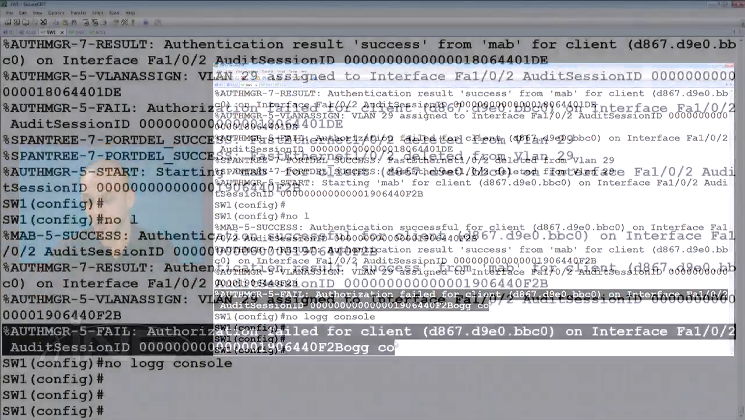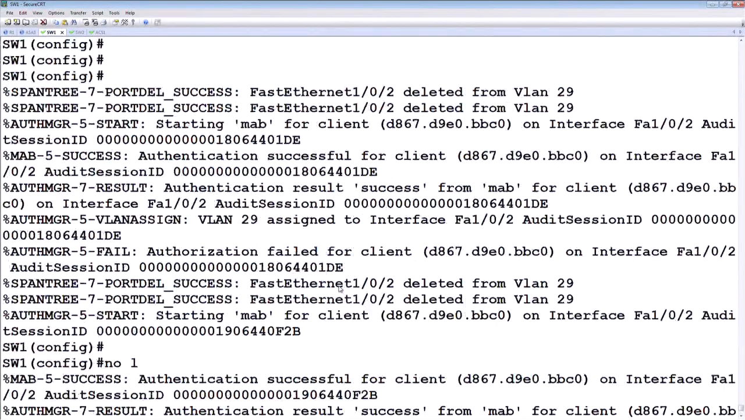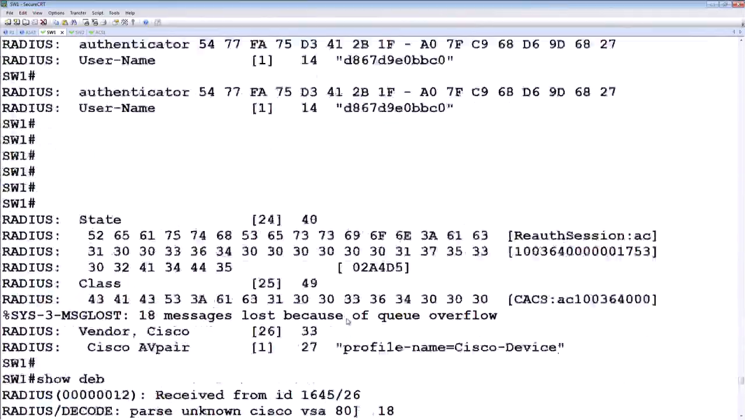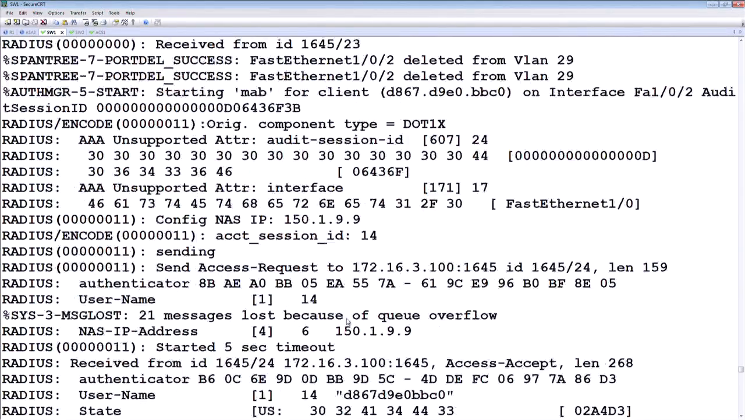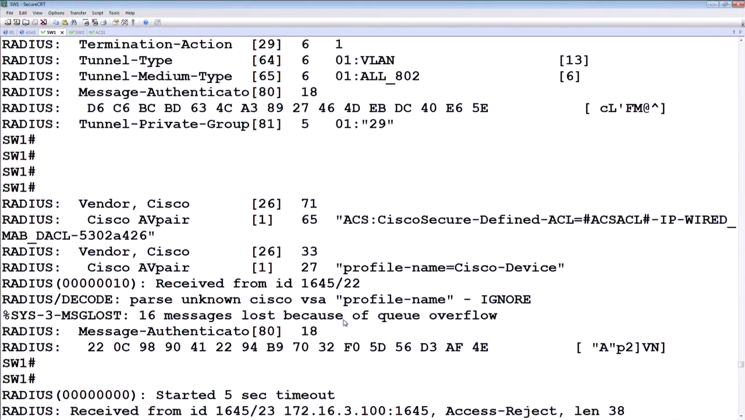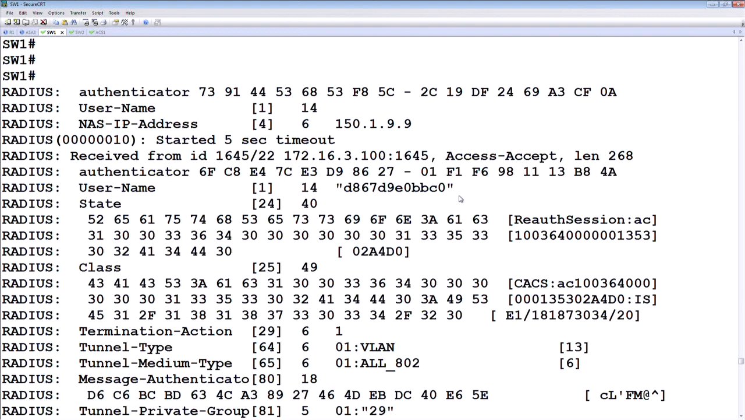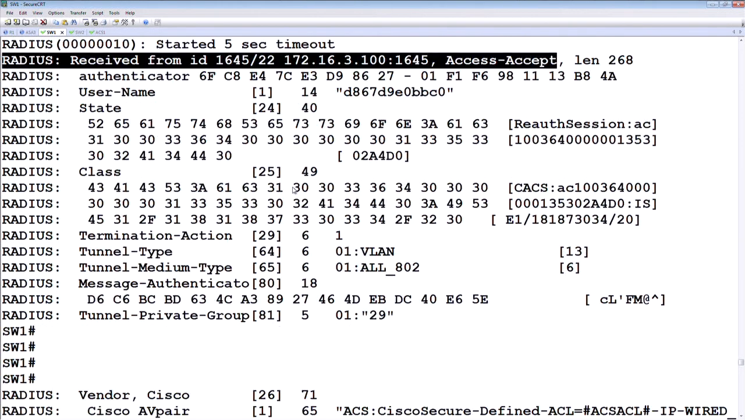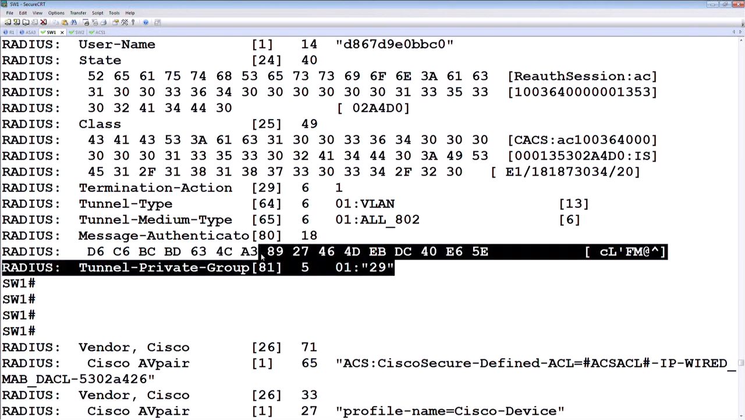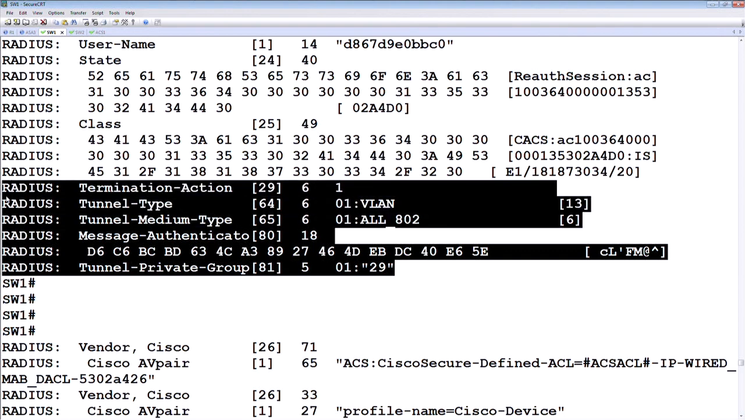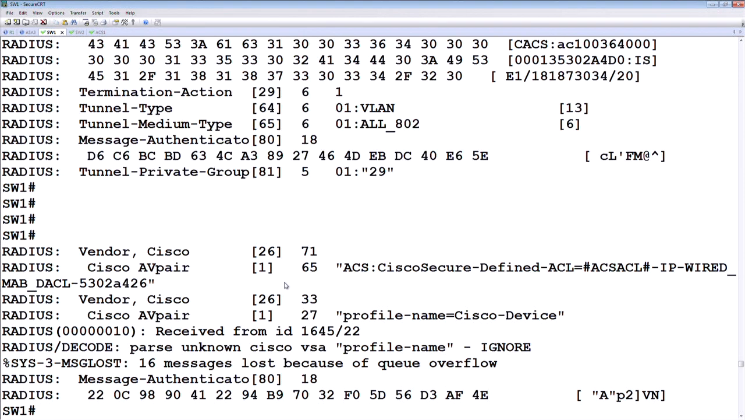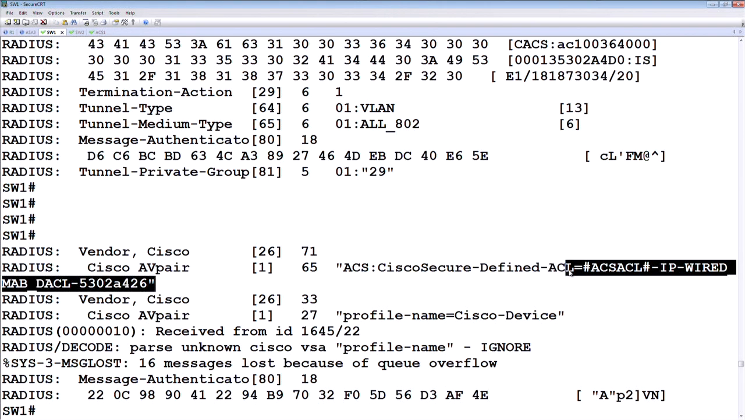Let's go and look at the debug outputs. Let's go and scroll up. And I can stop here. So basically I receive an access accept message from the RADIUS server, and I also receive some authorization attributes. So I again see the VLAN number being received, which is good. And I also receive the DACL, which is this one. So I receive the DACL name,